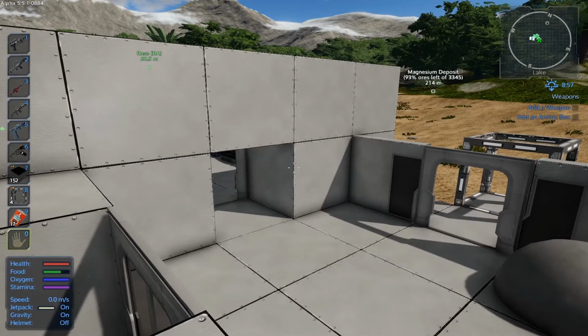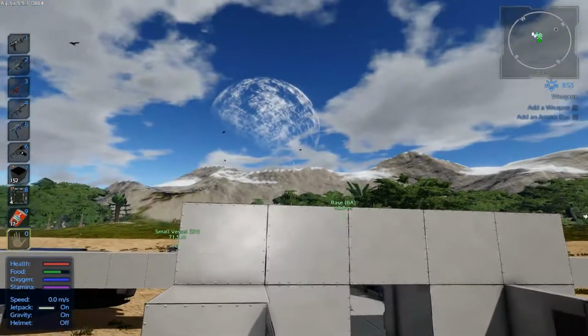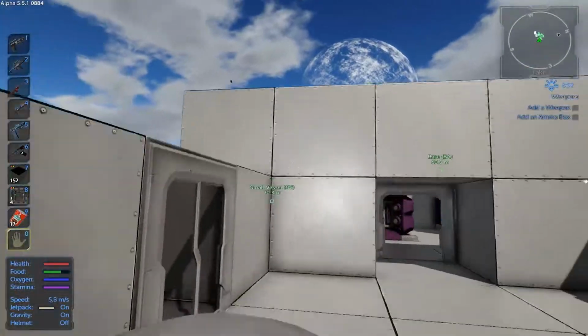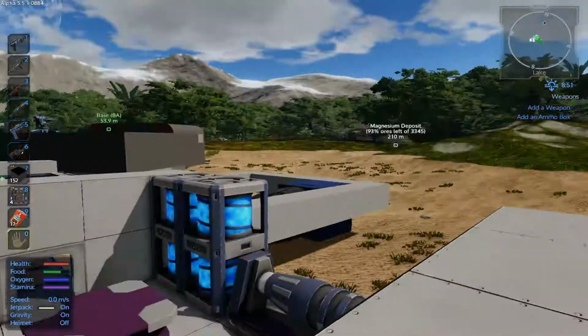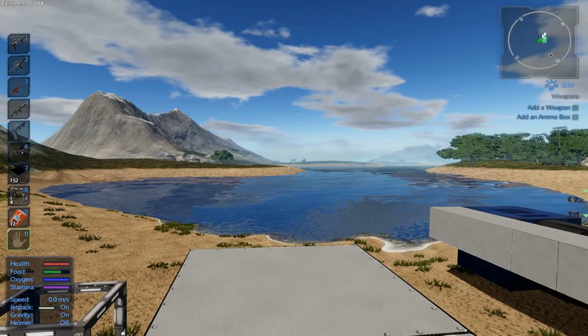But I remembered a while back, I don't even remember how long ago it was, somebody had commented on doing a glass top captain's quarters so that you could see what was going on. And I really liked that idea, especially for any of you that have played Mass Effect Andromeda, I especially like the view in the Andromeda ship,